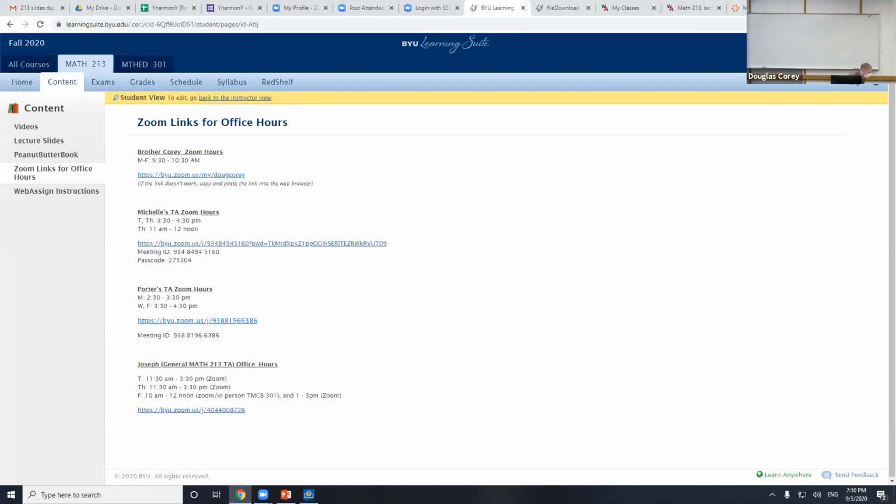We do have two kids between this class and the last class that are in quarantine because they've come into direct contact with someone that has COVID. One of them has a roommate that does have COVID-19. Please be careful. Okay, we are Zooming. We are recording these, and we have the Zoom set up so they can zoom in if we have Zoom problems. This might happen to all of us. We might all be on Zoom later this semester, who knows? Or I might be creating videos and just showing them online. Depends on how it goes. But be safe. We already have people that can't be here because of COVID.